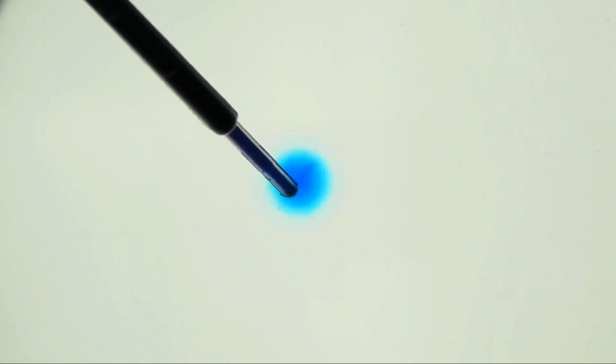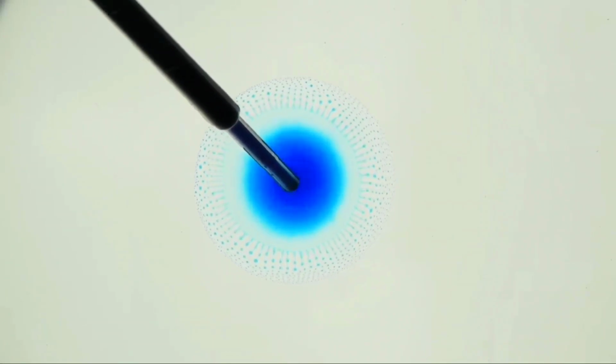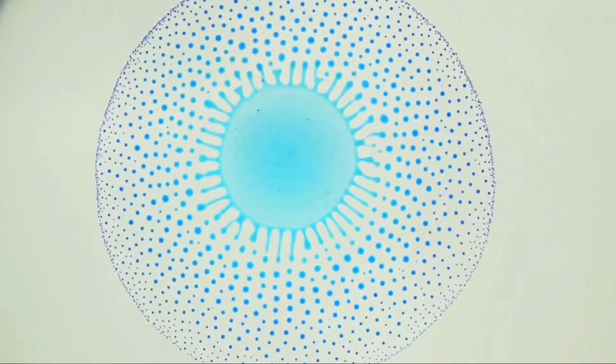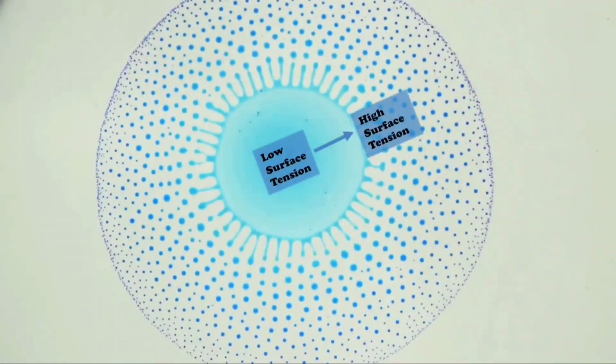So how does it relate back to the alcohol and water droplet? Doesn't the droplet have uniform concentration? So the concentration is the same everywhere? Initially yes, but eventually some alcohol evaporates from the rim of the droplet and this evaporation sets up a surface tension gradient, just like the soap drop in the water, with a flow occurring from low surface tension to higher.